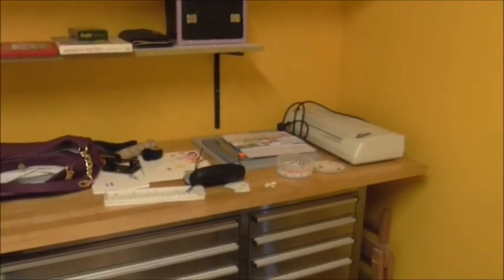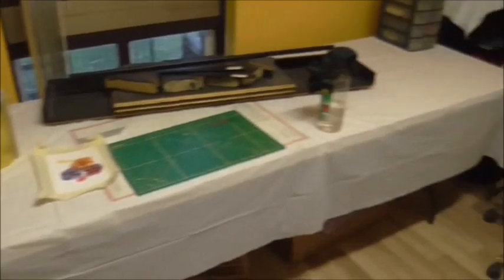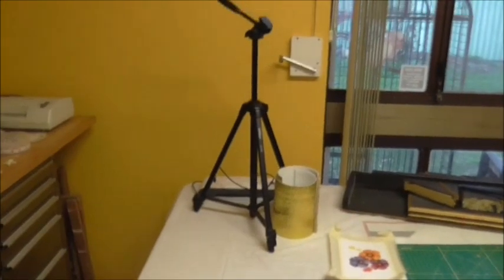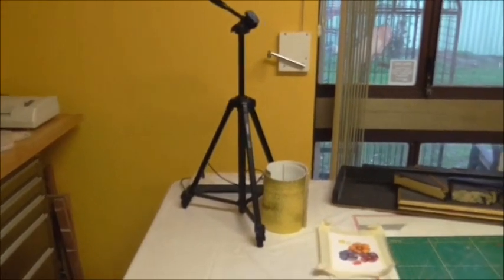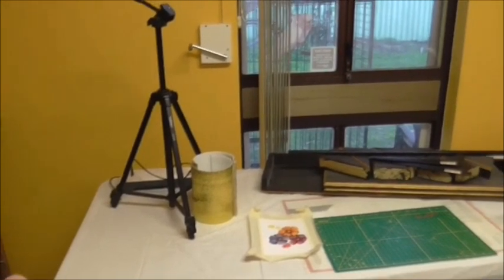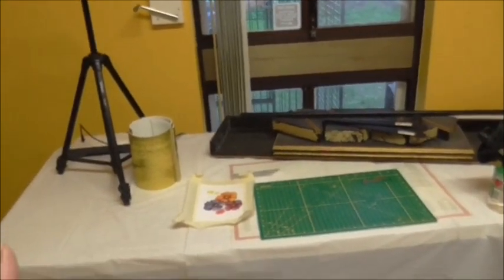Now, the one good thing is I've got a great big table here now that I can utilise. I've got my tripod sitting there ready to go when I start doing videos in here. This table will now